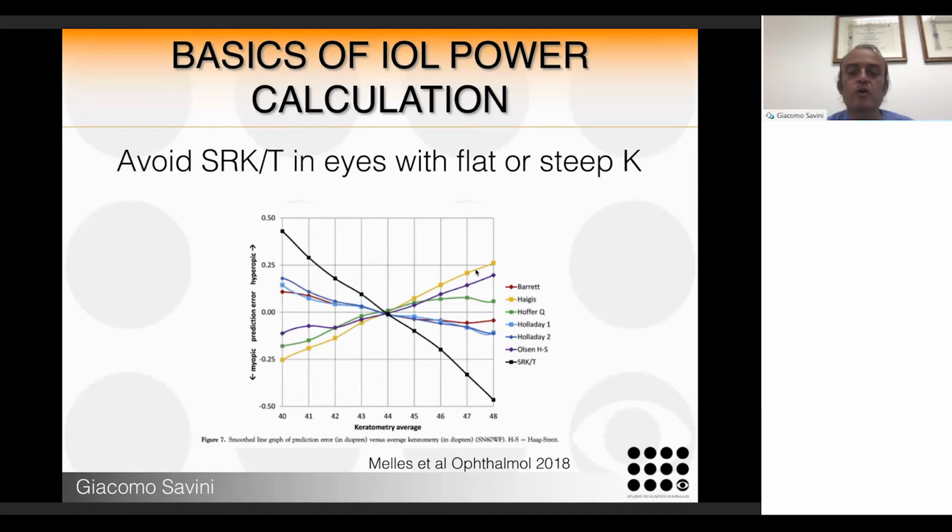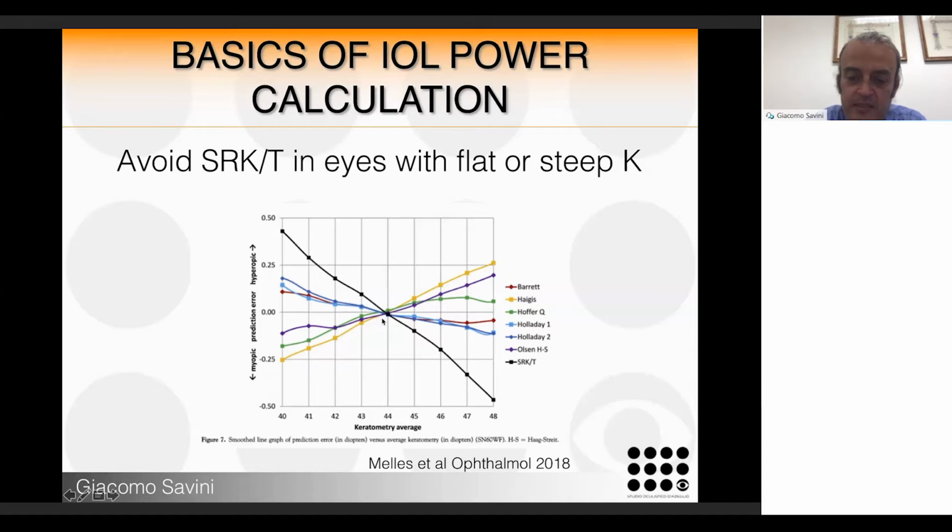When using standard formulas, you should also take a look at the other parameters like the corneal power. You see in this graph published by Ron Melles 2 years ago in the big study of 13,000 eyes, that the SRK/T, the black line, produces a hyperopic error in eyes with flat corneas, whereas it produces a myopic outcome in eyes with steep corneas. So be careful when using the SRK/T in flat or steep corneas. Other formulas have a different behavior. The Haigis is the opposite one, although to a lesser extent, while other formulas like the Barrett, here in red, have